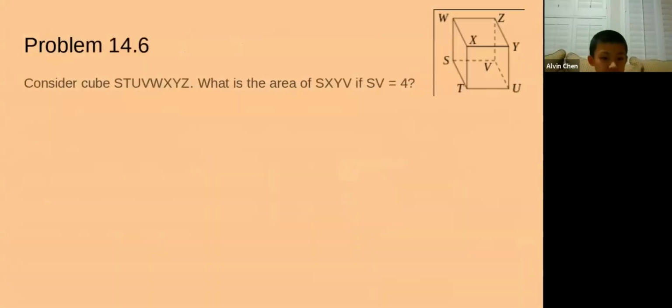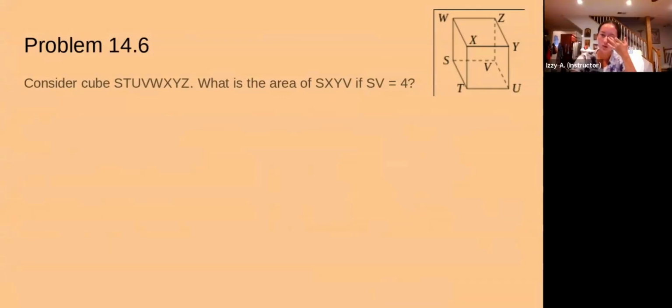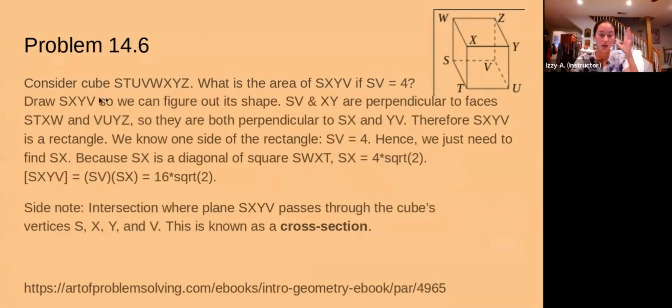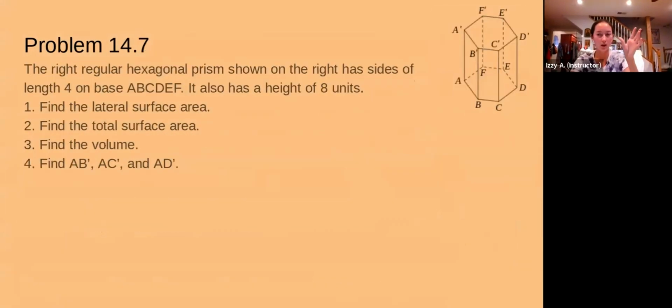So the surface area, remember what the surface area is, it's basically adding up all of the areas of each face. So then what you would do to calculate the lateral surface area is you would just subtract the area of the top and bottom bases. Or yeah, the faces, or yeah, bases.